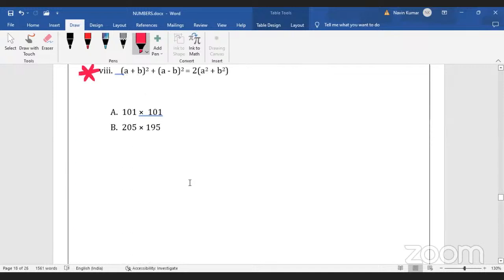For example, we have taken 2 numbers, 2 questions. 101 into 101. If you multiply, it will take much time, so it would be better if you do 100 plus 1 and then whole square. So now this is in the form of (a plus b) whole square. It's easier to solve. Similarly, if you see 205 into 195, so this is nothing but a plus b